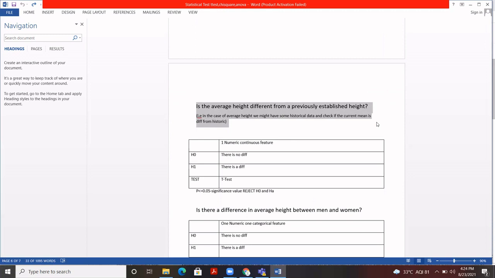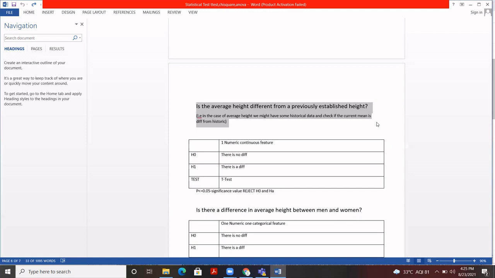Previously established height means we have already decided the average height based on historical data, and now we apply hypothesis testing on it. The null hypothesis says there is no difference, and the alternate says there is a difference.